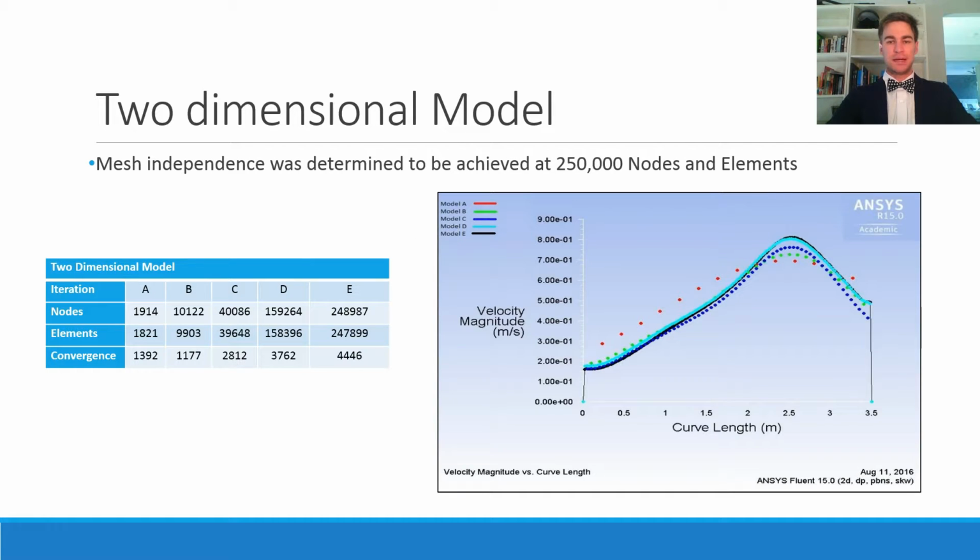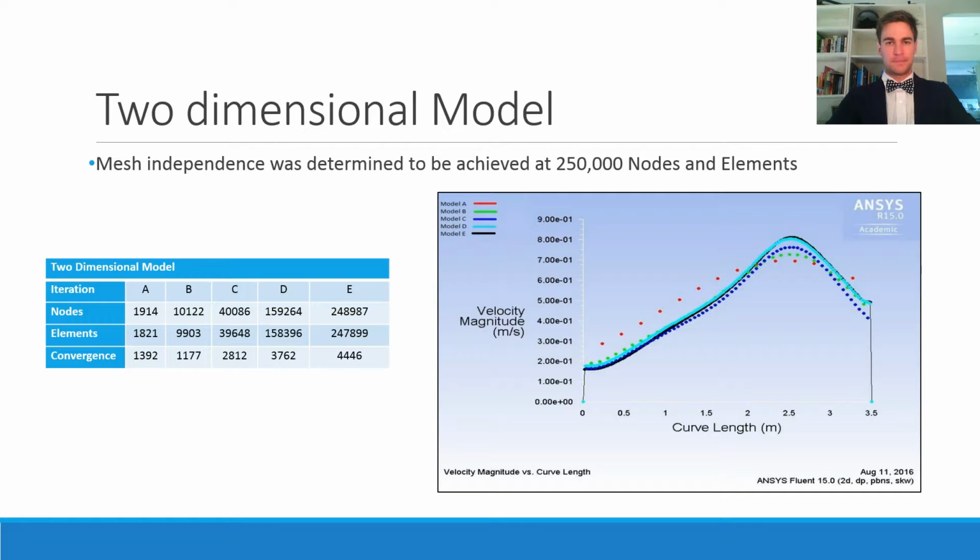As previously stated, a mesh-independent study was required to ensure the size of the mesh was not influencing the results. Ansys Fluent used the approach called the finite volume method, where the geometry is divided into control volumes where partial differential equations are solved. Therefore, as the number of nodes and elements are increased, the results of the partial differential equations should only marginally differ. Iteration D of the two-dimensional model had 160,000 nodes and elements, and is denoted by the